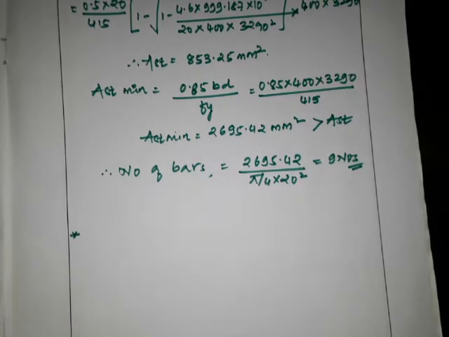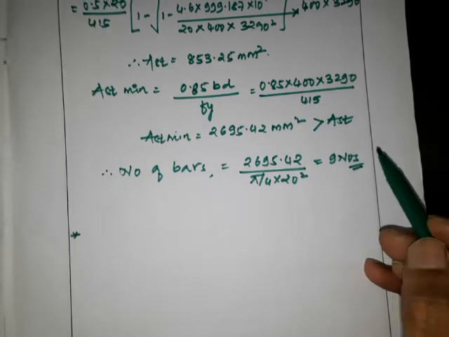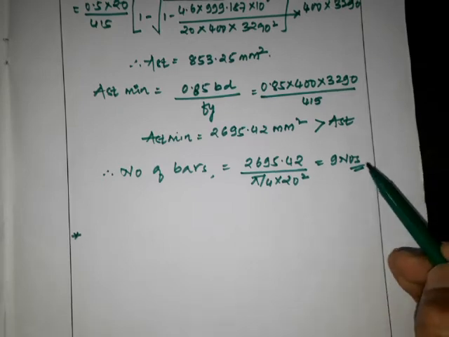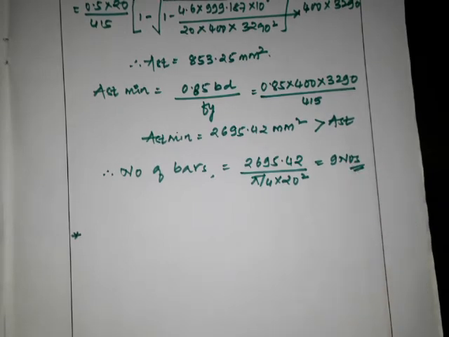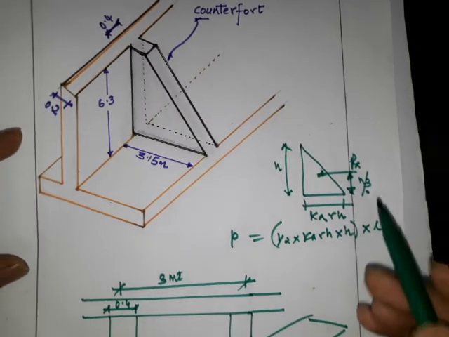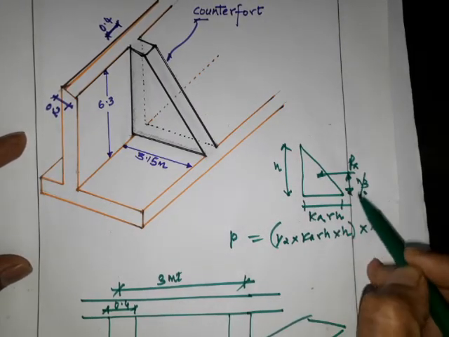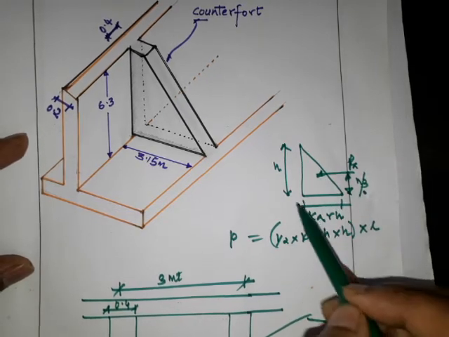Better we'll continue with that part in the next session. Okay, so out of 9 bars, before going to the connection part, this is again important here. So we have a total of 9 bars in the counterfort. But what will happen here is the moment will be maximum at the bottom, because we have considered h by 3, it will be maximum.